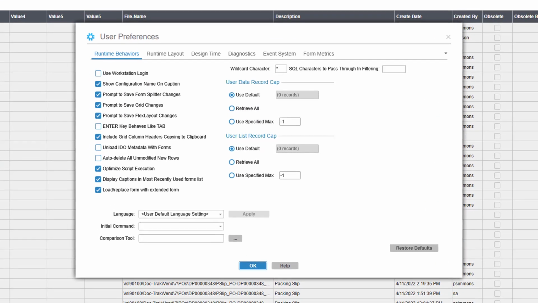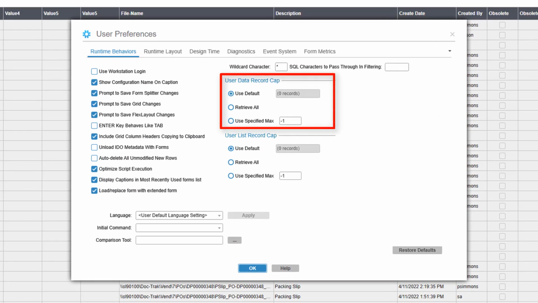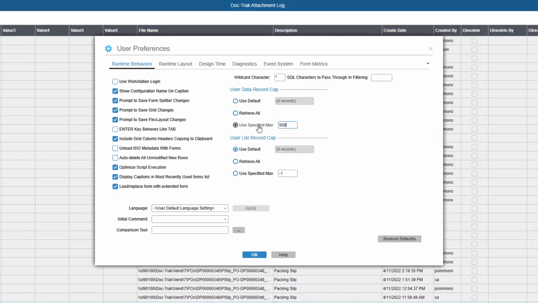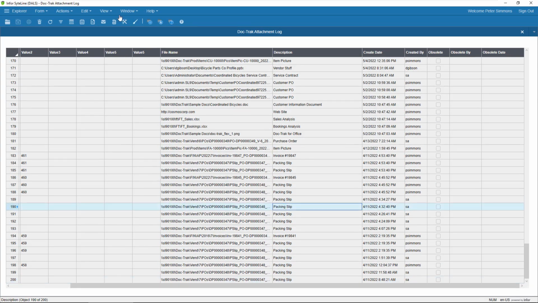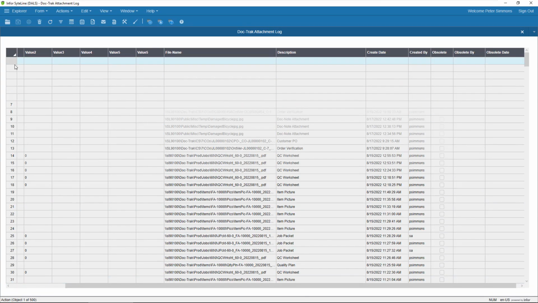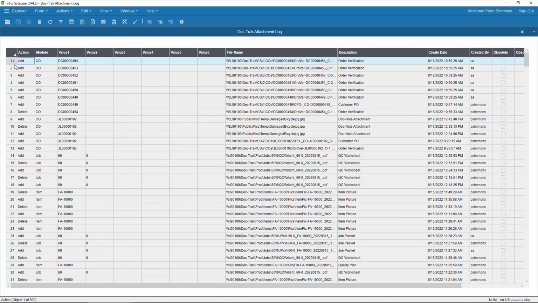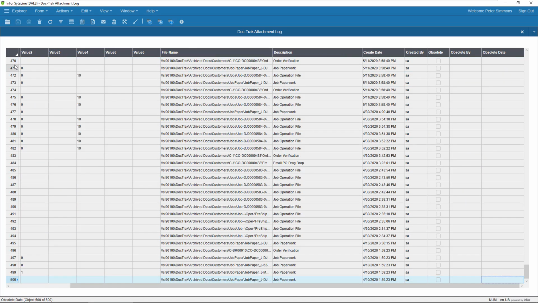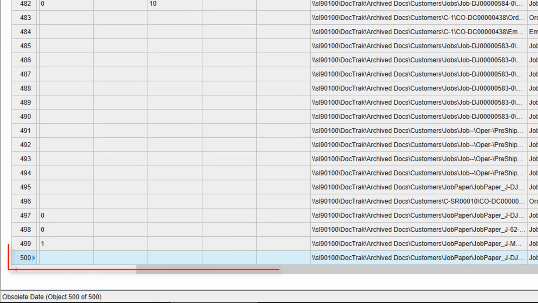On the Runtime Behaviors tab, I can go to the Data Record Cap section and put a value in the Use Specified Max field. As I said, the default is 200. I think I'll enter 500 here. So when I go back and refresh the log and go to the end, you'll see that I now have 500 records in my collection.